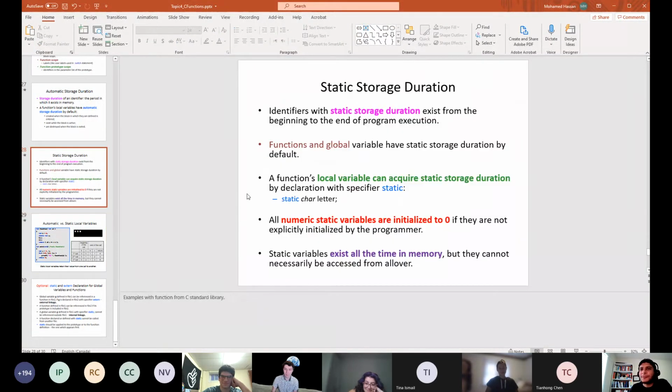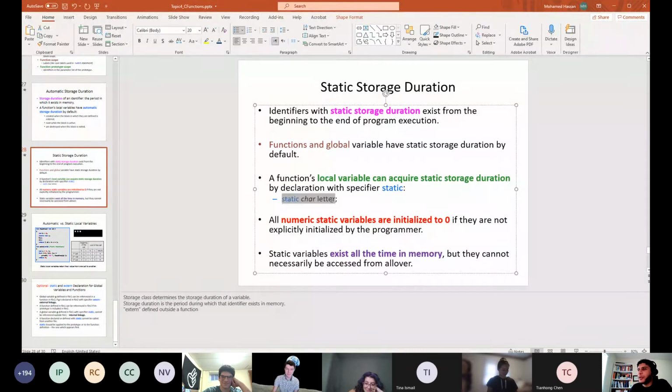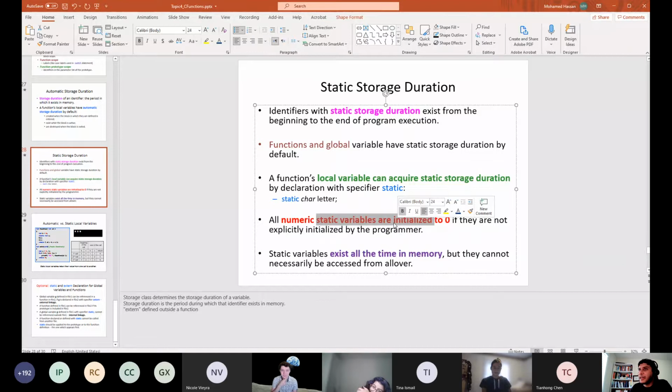So the point is that if you want something to remain for the full duration of the program, not just associated to the function, you have to use the static reserved word. And previously, any variable that is not static really does not get initialized to 0. So it gets whatever garbage value was there in the memory, and this might cause issues. We said it's a very important programming practice to initialize all the variables you define. Static variables, because they remain for the full execution of the program, get initialized to 0 by default, so you don't have to do this. That said, it's still a good practice to just initialize everything.